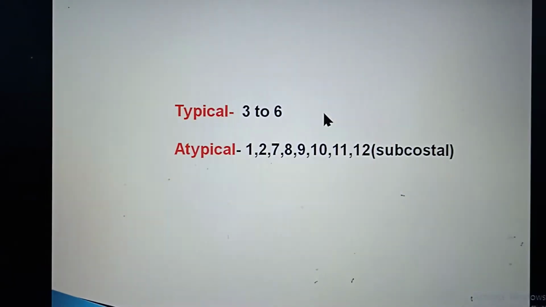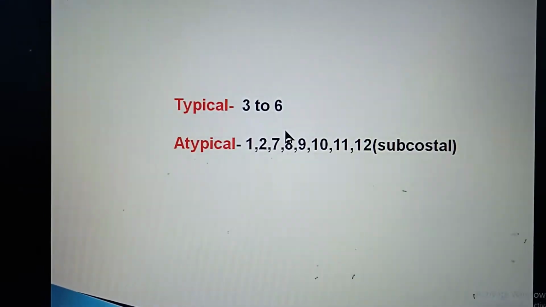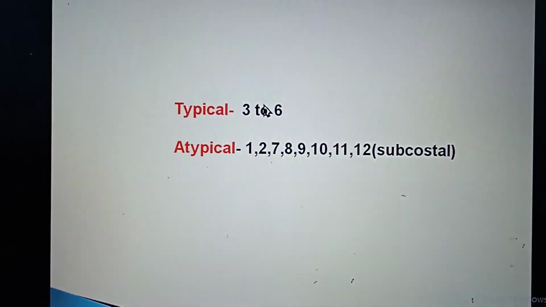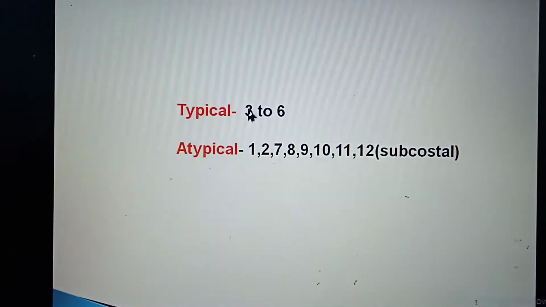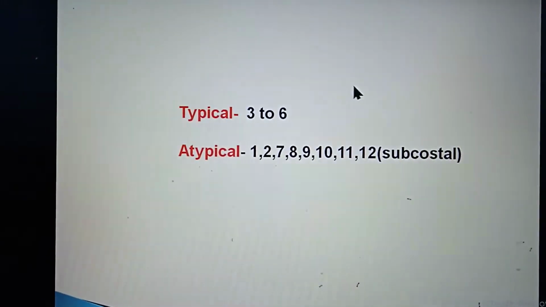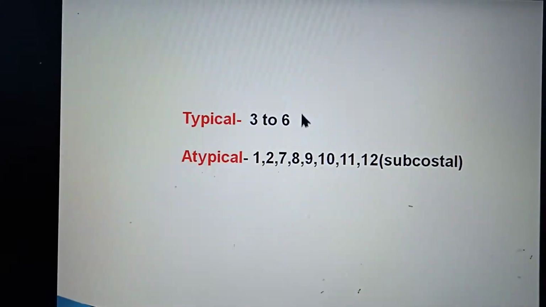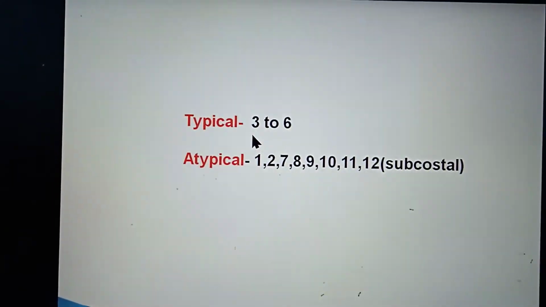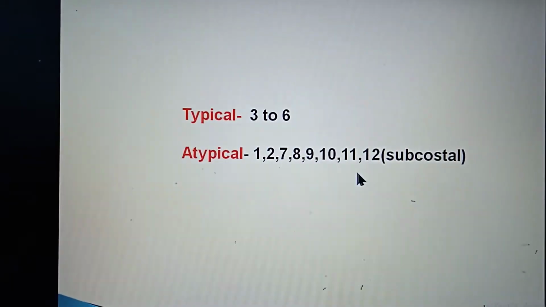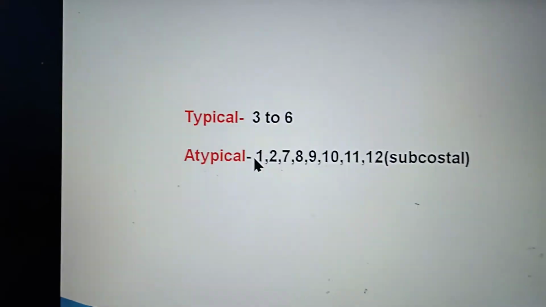So how you can memorize the typical nerve is 3 to 6. Why they are known as typical? Because they are serving the intercostal space. Suppose third intercostal nerve supply the third intercostal area. They are restricted to their own place, whereas the atypical ones, besides serving its own area, it also serves other